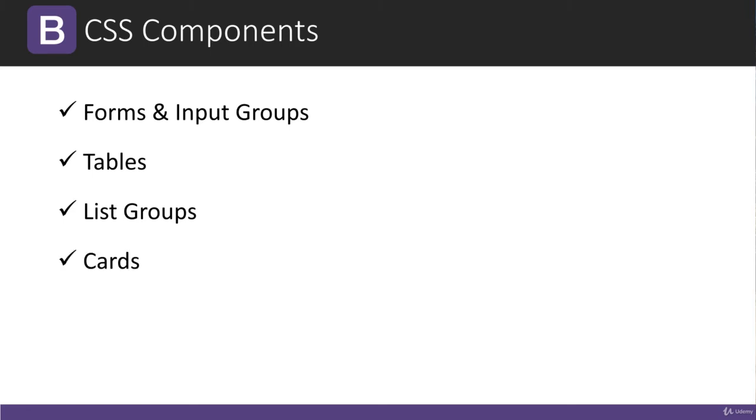We have cards, which can display content in many different ways. If you just want a background border with some padding, if you want a header and footer, if you want to stick an image in there, you can do a lot of different things with cards. We also have progress bars, which you can change colors, you can animate, you can change the width and height. We have alerts. So for instance, if you wanted to say like, you have been logged in or you've been logged out, or if you want an error message, and you can also change the colors of the alerts as